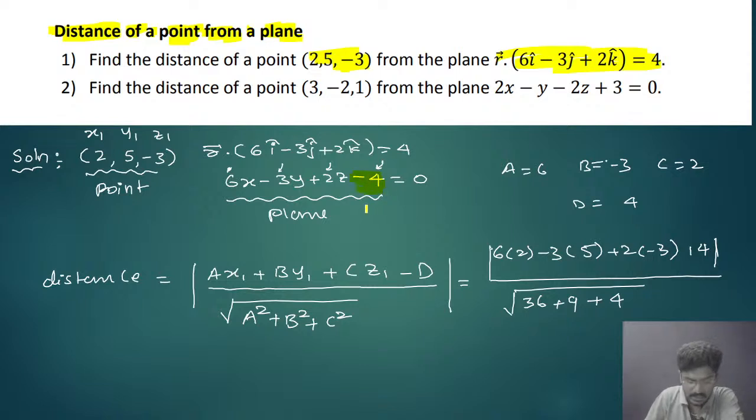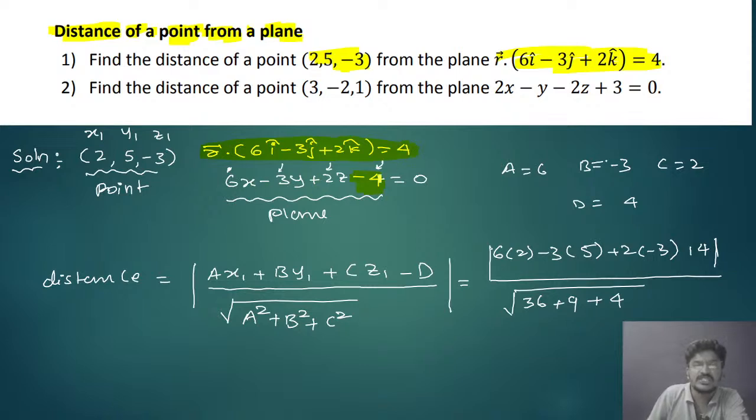See this. This is not -4. Please understand. This is not -4. Okay. I want to convert this vector form to Cartesian form. So while converting this vector form to Cartesian form,